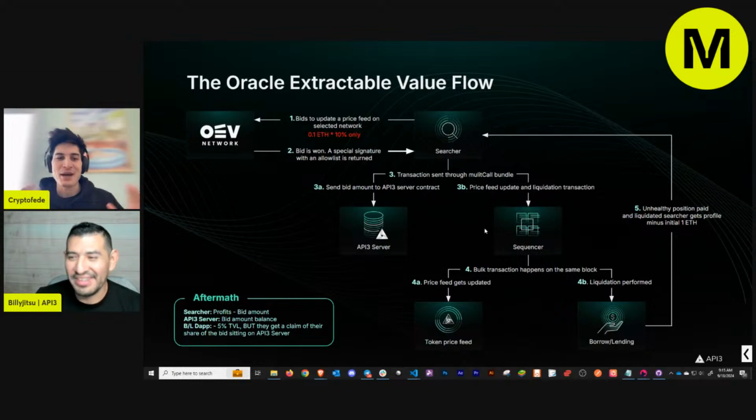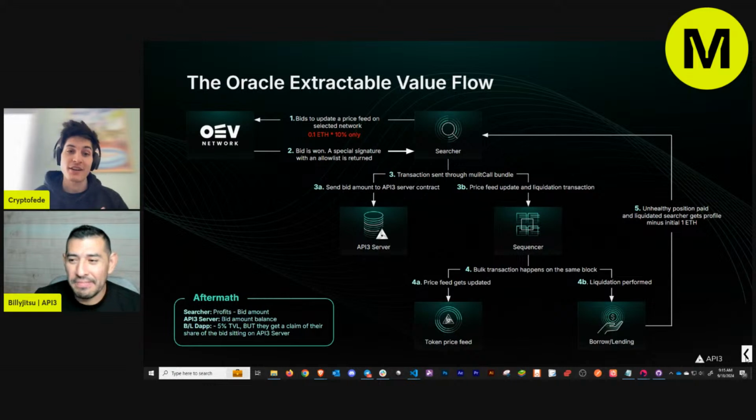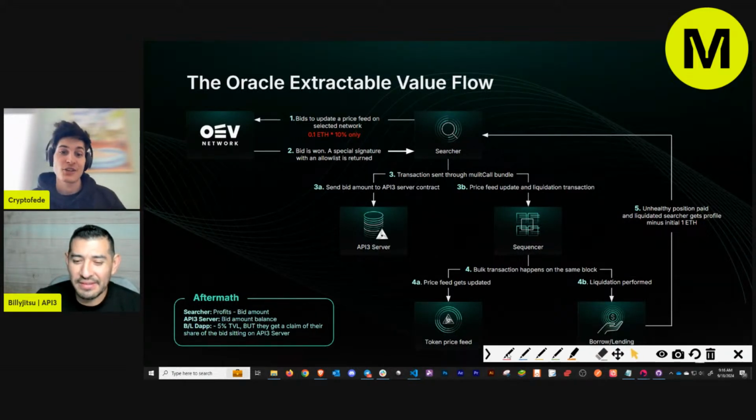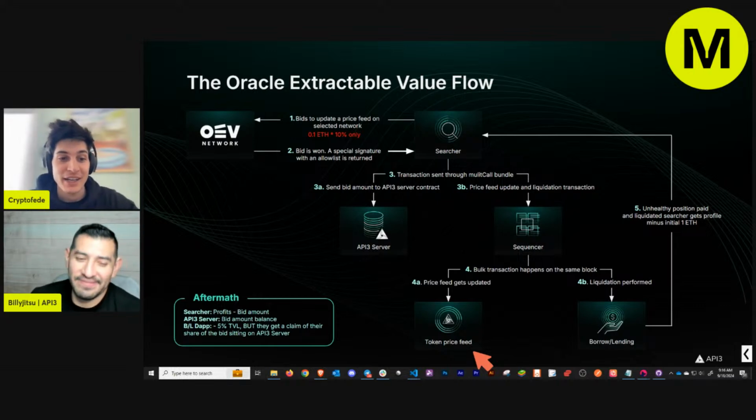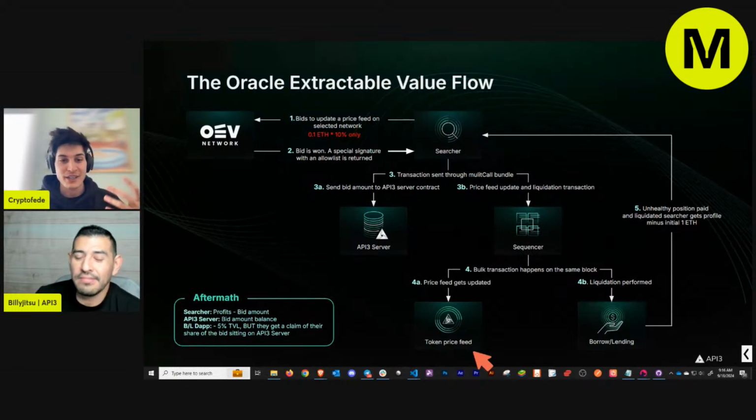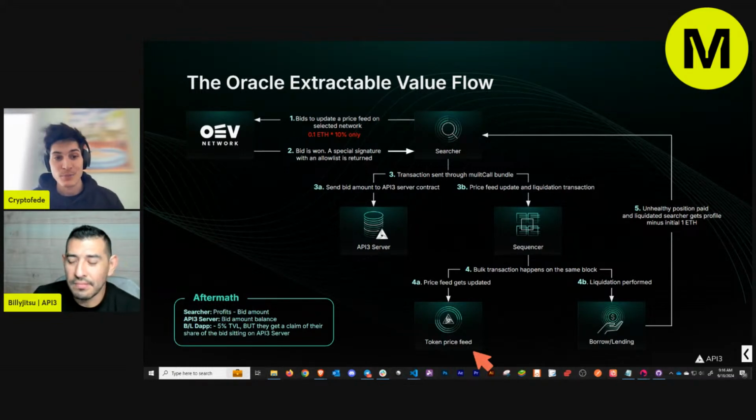My head is making connections here. If you're not aware, layer twos right now, most of them have one sequencer, right? They're not decentralized, so you cannot bribe the network or pay to get in before others. That's what MEV fighting usually is on Ethereum, right? Yeah. So what this is bringing to the table is something completely new, a new kind of market mechanic that will allow people to compete. And what you're saying is we don't have to pay higher fees or get faster or bribe anyone to get added to the block first than others,